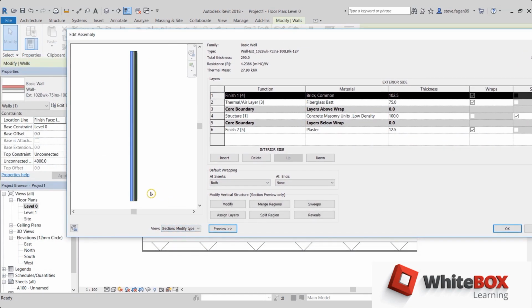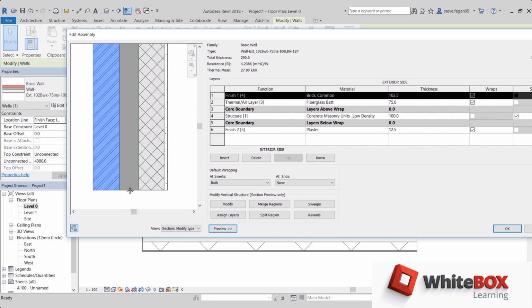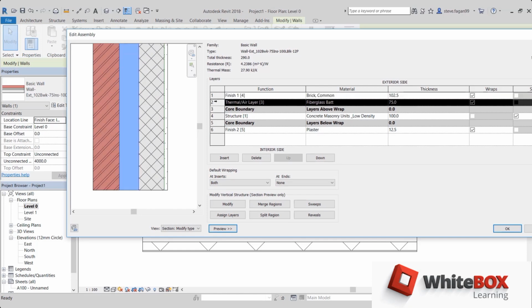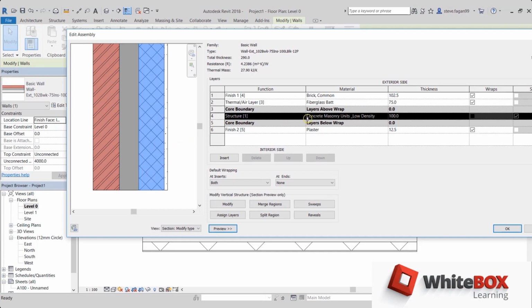Don't worry about what I've just done. We'll go into a lot more detail about this in a later video. But for now, I'm just going to show you this as a small preview so you have a better understanding about what a core boundary is. So here is a section view of the wall which has been created. There's our brickwork, which is represented here. Next is the insulation. There's our concrete block